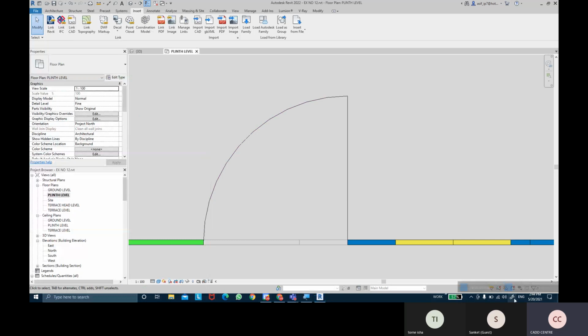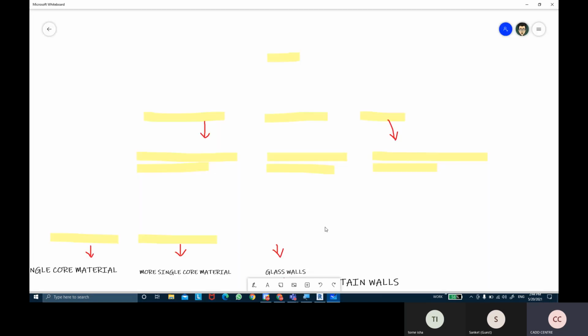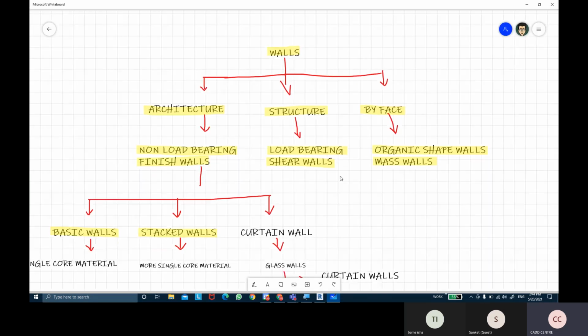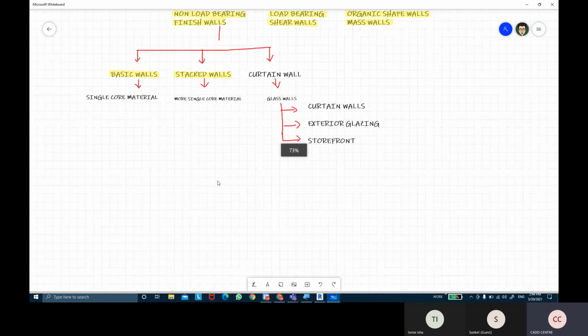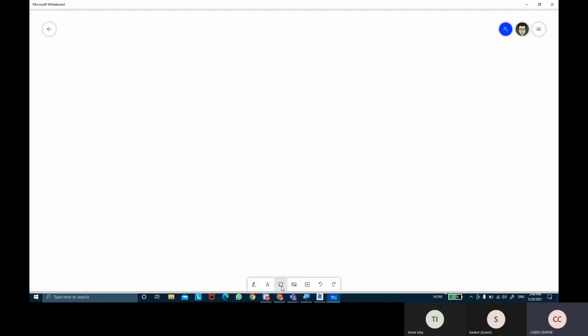Okay, so let me use the whiteboard for you. First, we're going to create a curtain wall door with parameters.